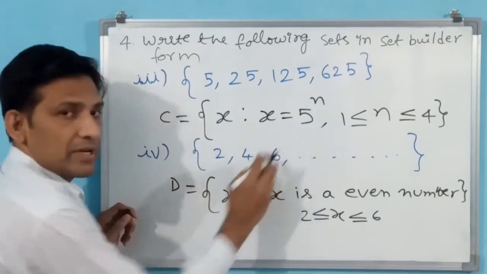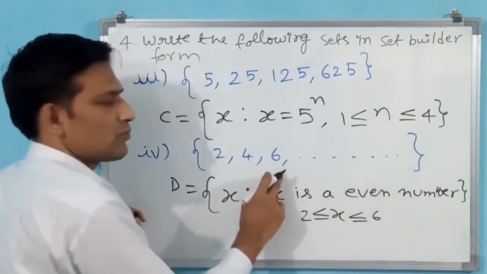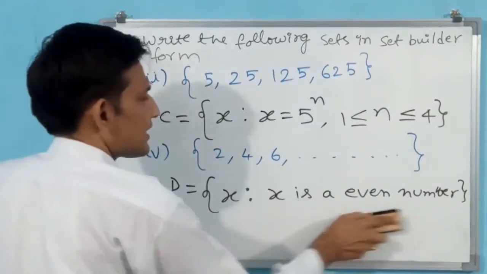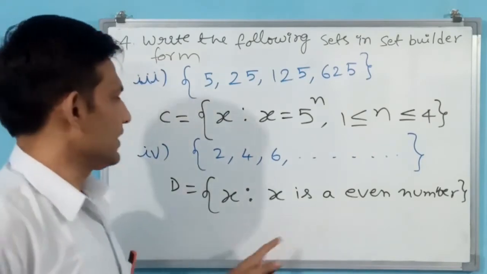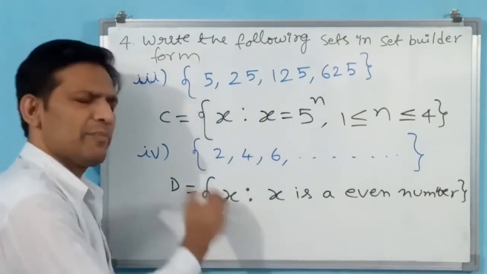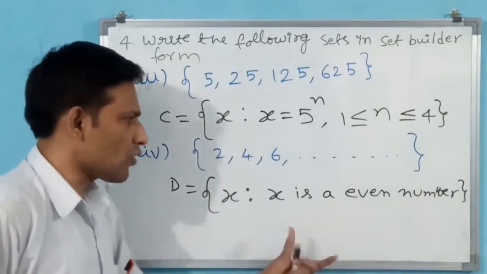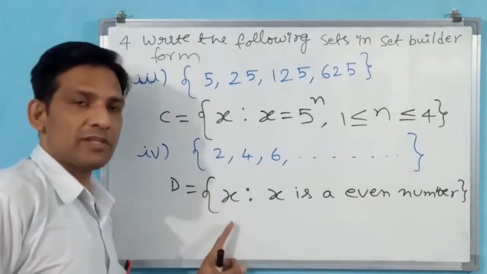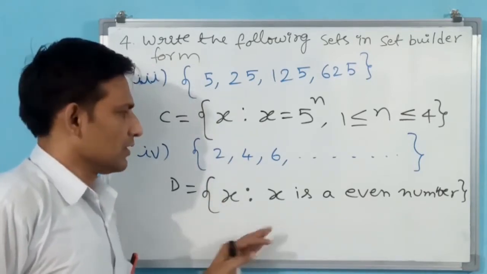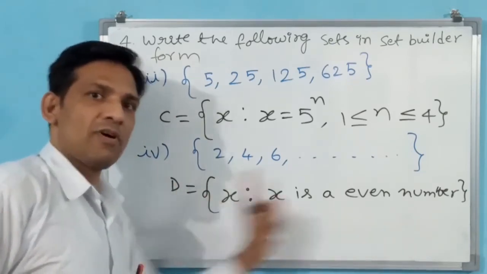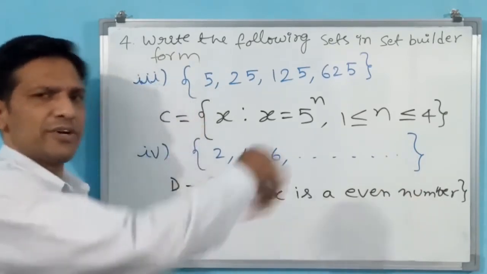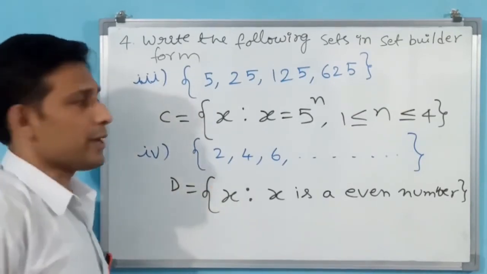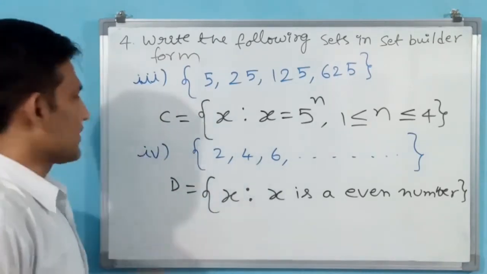If they give up to x, I am talking about, but here they have not given up to 6; continuously they have written. That is why you have to omit this, you should not write this. Okay, x is an even number. For all means all even numbers it will come. Otherwise you have to put some condition here. If you don't put any condition, it gives for all. All means whatever even numbers are continuously there, all even numbers, it gives that statement. Okay. Now we go for the fifth part of this question.